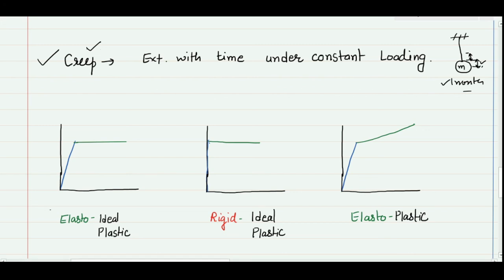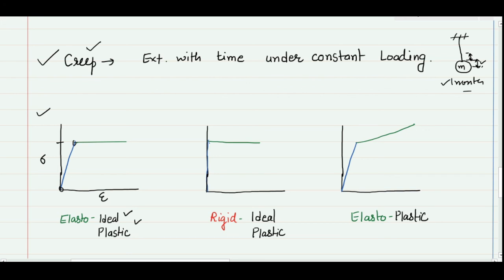And this is the last and again an important concept. We are defining here three different types of material behavior. In the first case, it is an elastic ideal plastic behavior. This is your stress strain diagram. This straight line shows the elastic part. If you remove the load, the material will go back to its original position. After that, you have a straight line, which means the material is having plastic flow and the load is not increasing. This is the ideal plastic behavior, meaning you are not increasing the load, but your length is increasing.